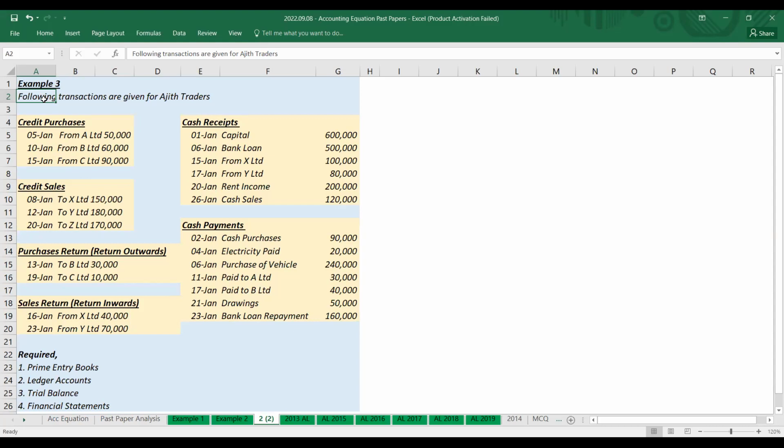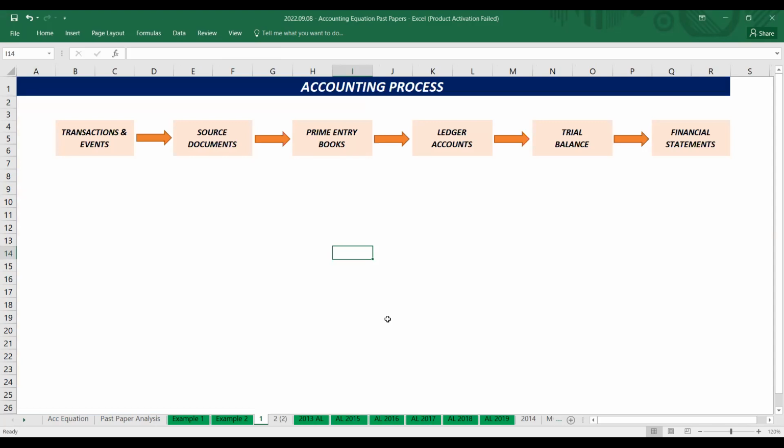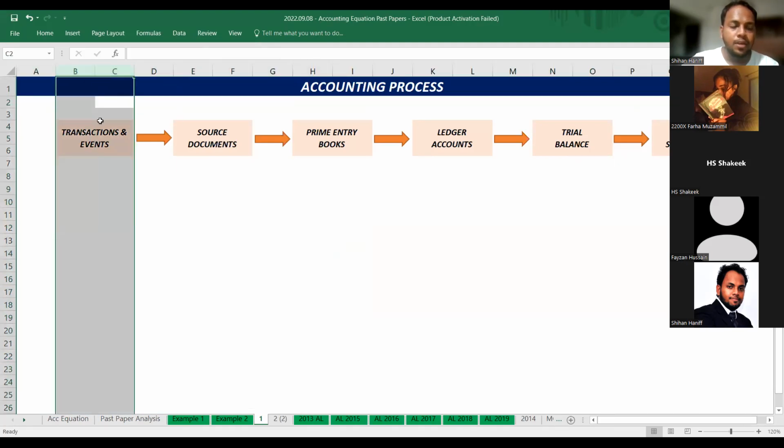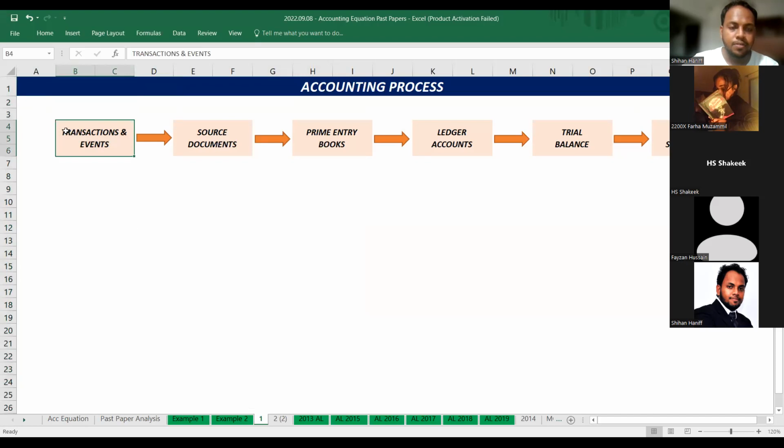So what is the process? I'll brief you all on the process. Okay. Right. So this is the accounting process. This is also very important. Accounting process. So initially, we do the transactions, right? So once the transaction is done,